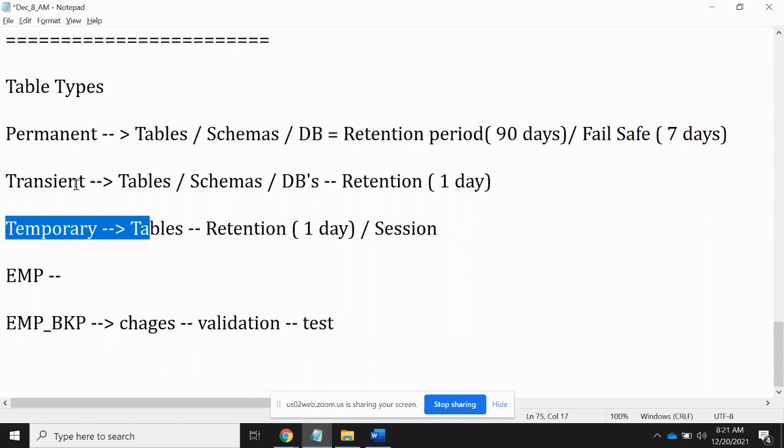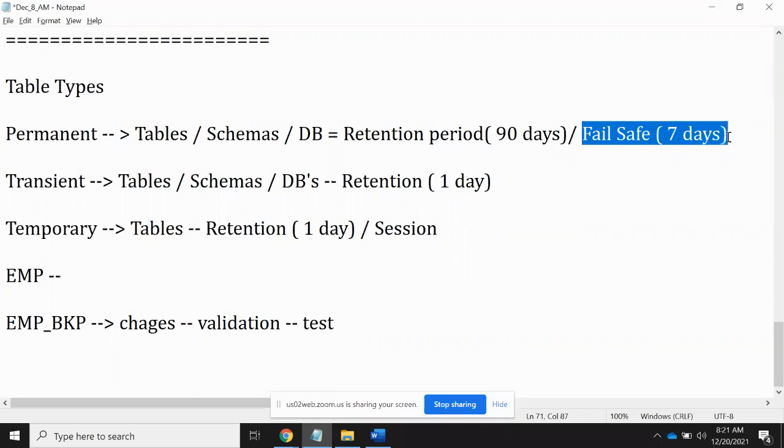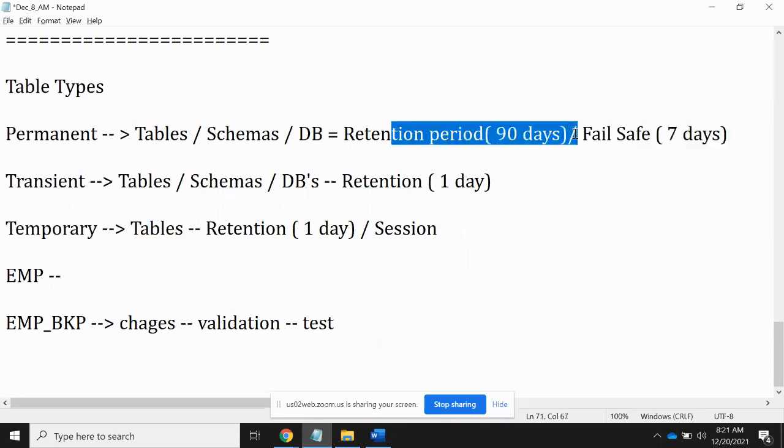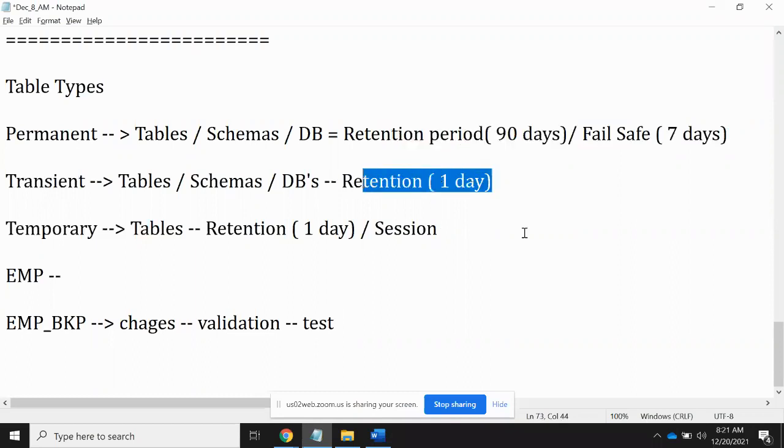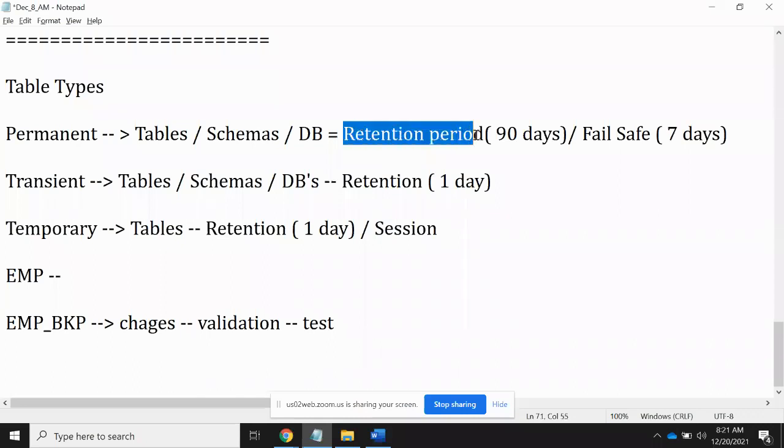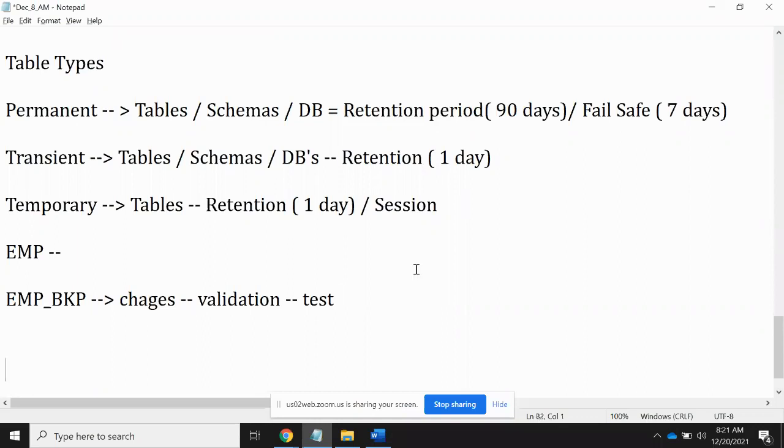But when it comes to transient tables, you will not have the fail-safe option, and the retention period of 90 days will not be available. Only 1 day will be available. Now we need to understand what this retention period is. Retention period is nothing but time travel days. Time travel days. It means, for example,